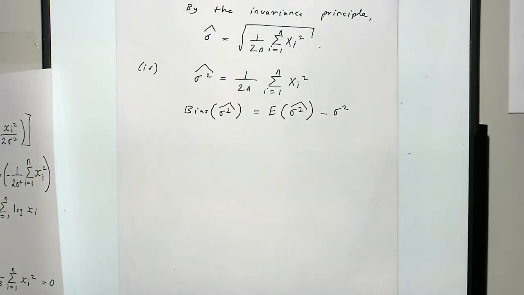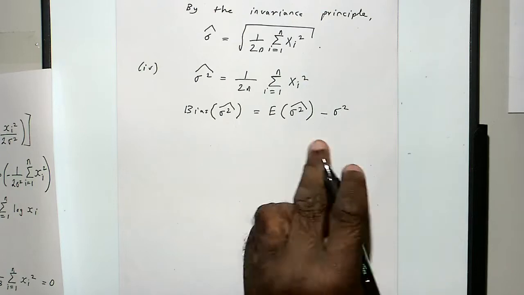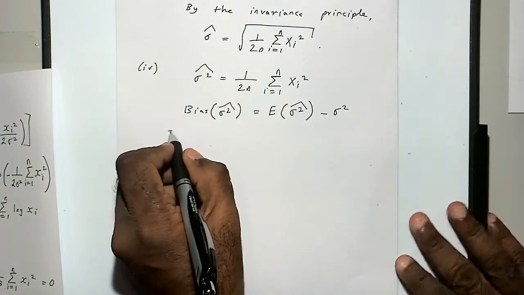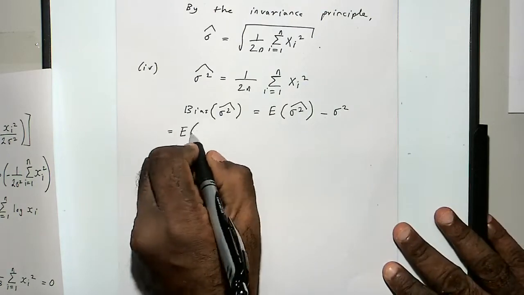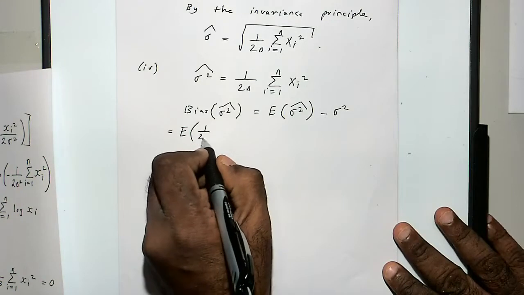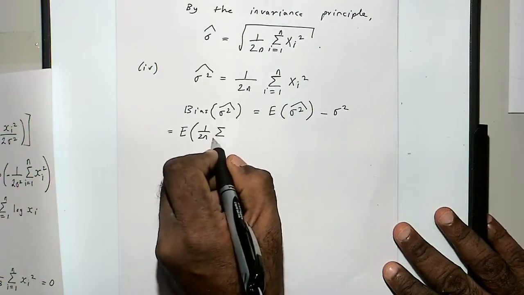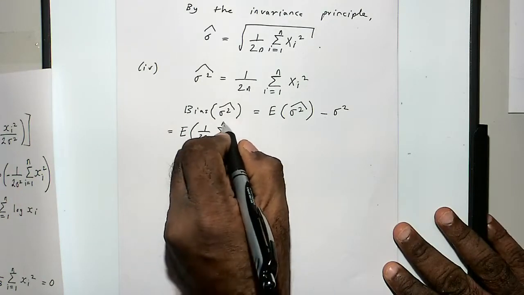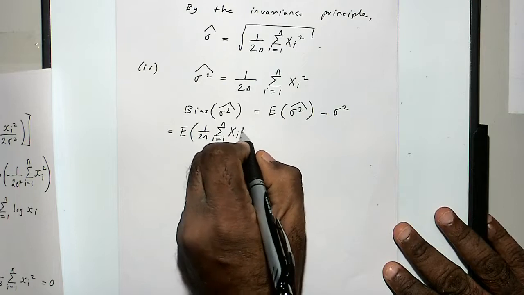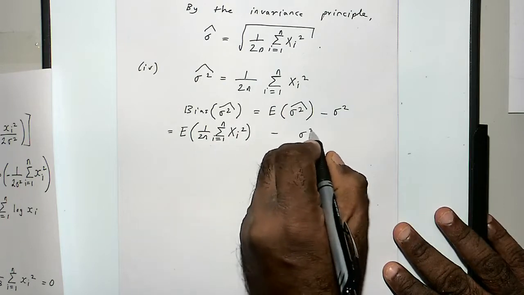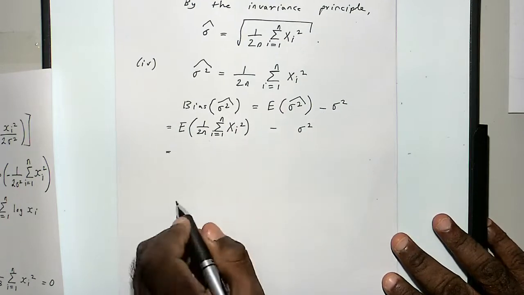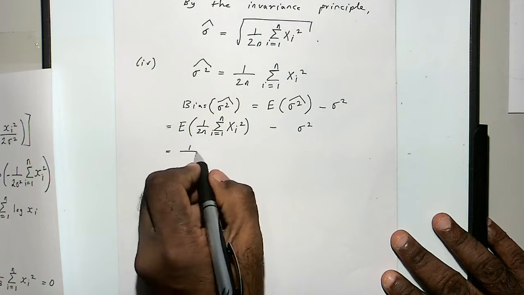This is the bias. So this becomes the expectation of, take the expectation inside, you get